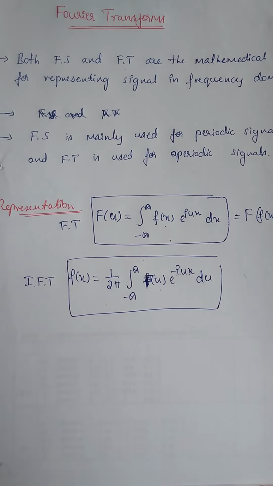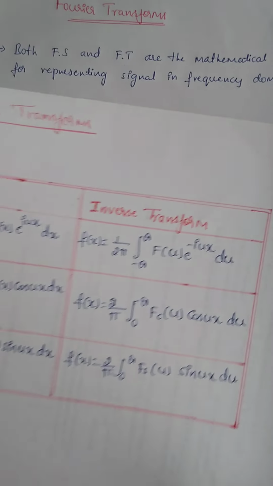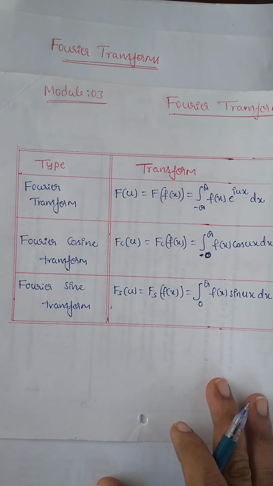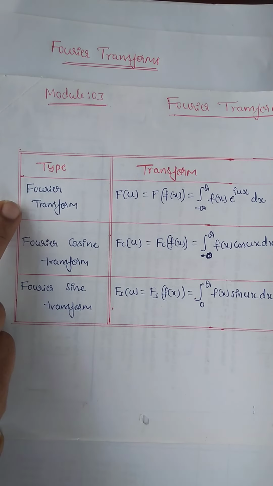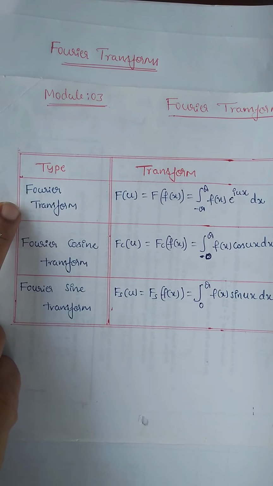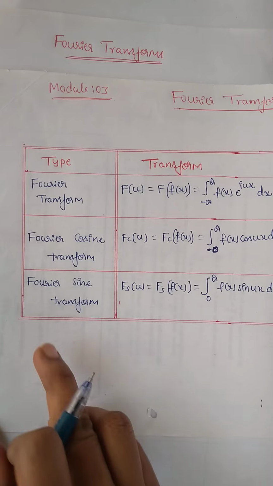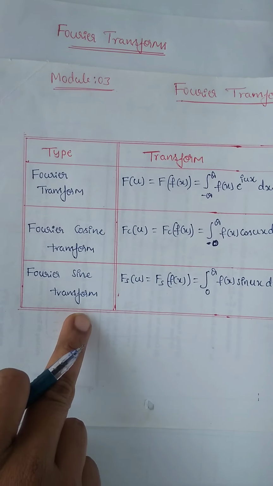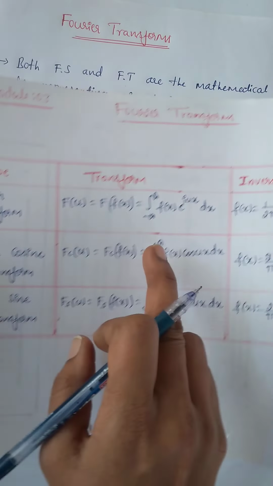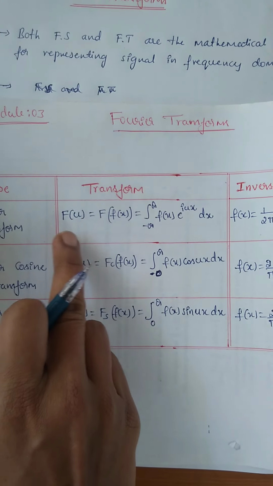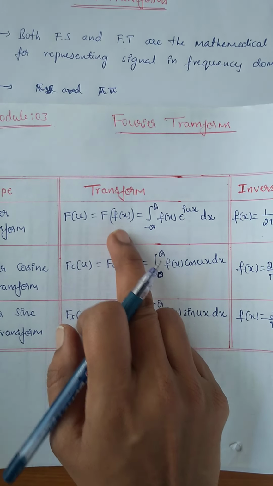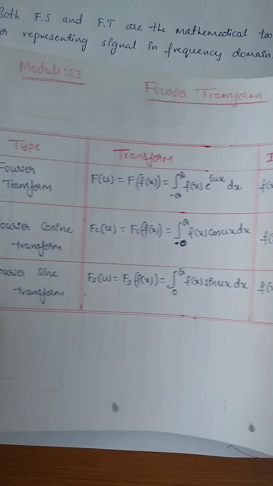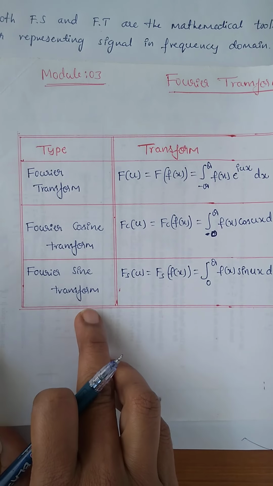In Fourier transform, we have to study three sets of formulas. The first is the main formula, meaning the Fourier transform, or we can say the complex Fourier transform or infinite Fourier transform. These are direct formulas, and we have two different methods here: Fourier cosine transform and Fourier sine transform. The Fourier transform we have already defined, along with the inverse Fourier transform formula. The other two important formulas are the Fourier cosine and Fourier sine transforms.